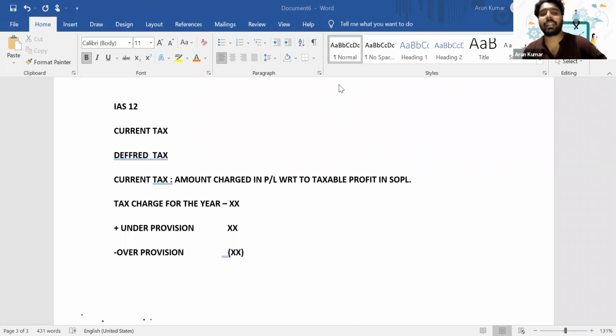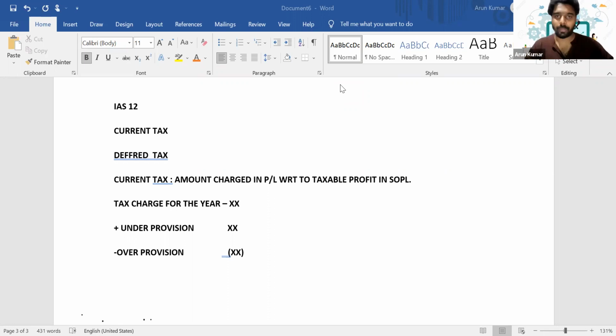Okay. So the entertainment expense will get deducted in SOPL as an expense, so the profit will go down, the taxable profit will go down. But the tax authority will use their tax books and calculate a new profit. It's not the accounting profit. They will calculate the taxable profit. So when they arrive at the taxable profit, they used to make some adjustments.